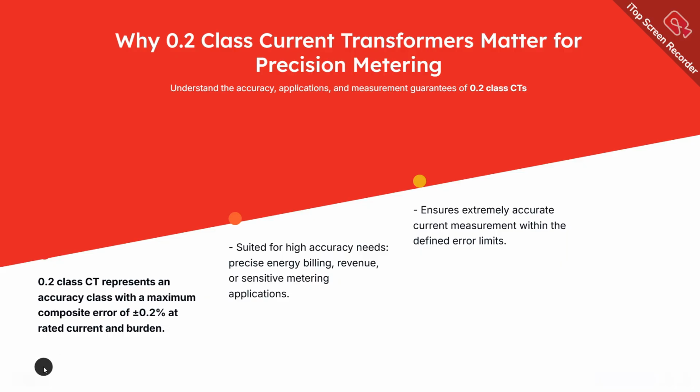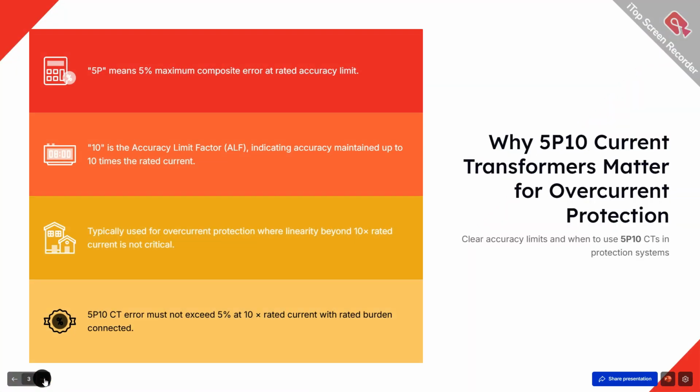The second one is the 5P10. 5P10, 5P20, anything. We see one example, 5P10. 5P means 5% maximum composite error at 10 times of the rated current. So here 10 means accuracy limit factor. So 5 percentage maximum composite error, and this accuracy limit factor. So in common, how we can tell: the error must not exceed 5% at 10 times of the rated current. That is called 5P10. So the next one is